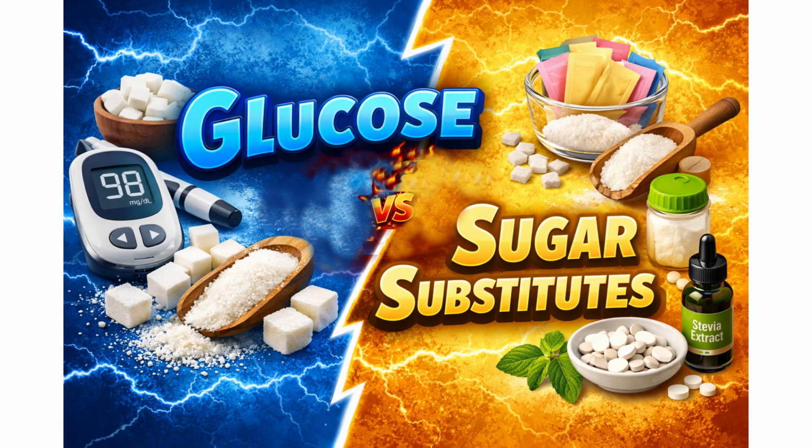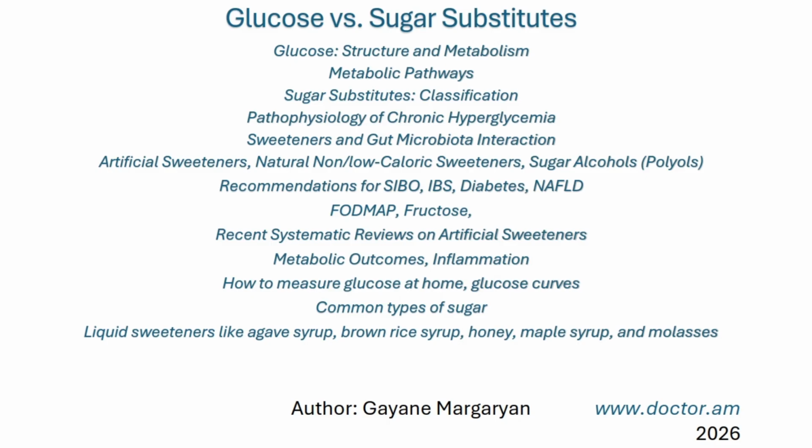Glucose versus sugar substitutes. Glucose structure and metabolism, metabolic pathways, sugar substitutes classification, pathophysiology of chronic hyperglycemia, sweeteners and gut microbiota interaction, artificial sweeteners, natural non-low-caloric sweeteners, sugar alcohols, polyols. Recommendations for SIBO, IBS, diabetes, NAFLD, FODMAP, fructose, recent systematic reviews on artificial sweeteners, metabolic outcomes, inflammation, how to measure